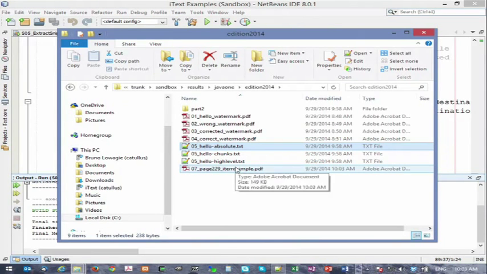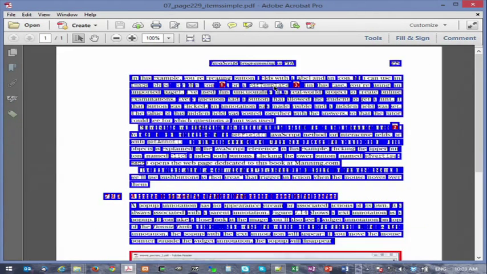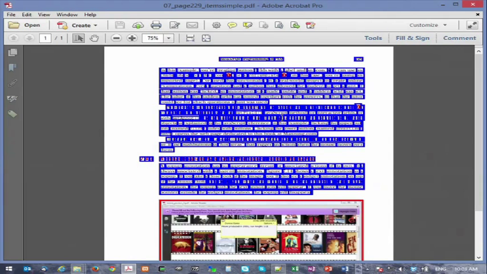So this same page is now marked with all the rectangles that we have drawn based on the coordinate information from the text. So you can see basically all letters are marked in blue because they are all parts of text in the content stream, detected as text.